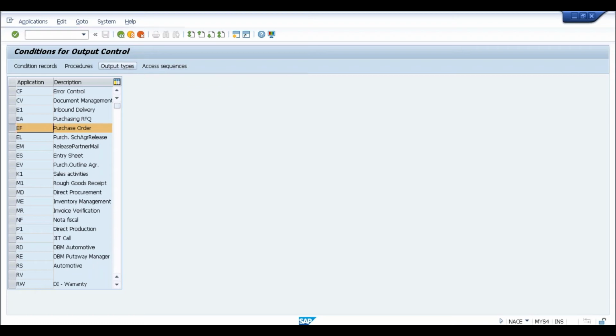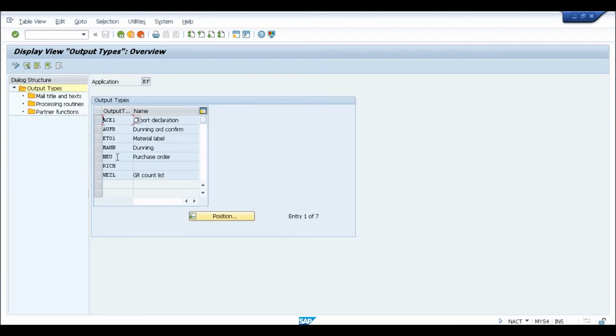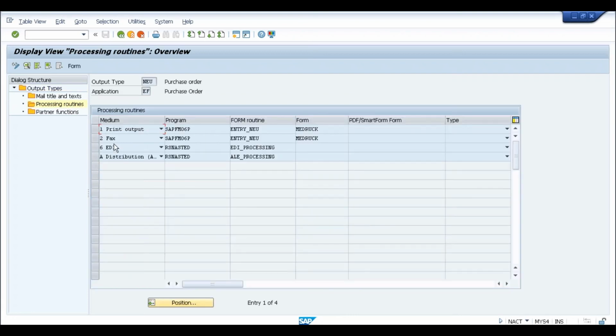If I go for output types, normally this NEU is the output type which we were using for the purchase order output. Now here if you go into processing routines, you will find these programs, the form routines, and the PDF or smart forms, whatever you want to assign here. This is the form. Now these programs and forms can be used as they are. That is not a problem.